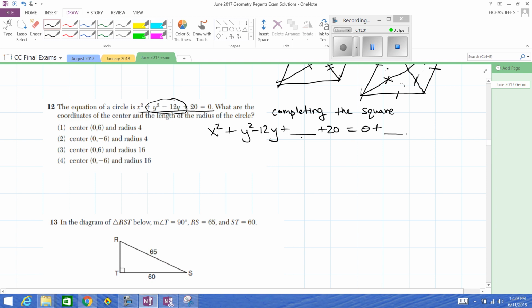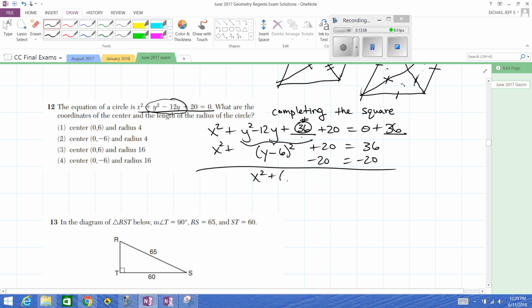If I add something there, I'm going to add something over there. This number is what we're going to use right here. Whatever we put there is going to be used to complete the square. Okay, now these 3 terms will all come together to give us y minus 6 quantity squared. Negative 6 squared is 36. Okay. Leave the plus 20, that's 36. We'll subtract 20 from both sides. And what we have is,